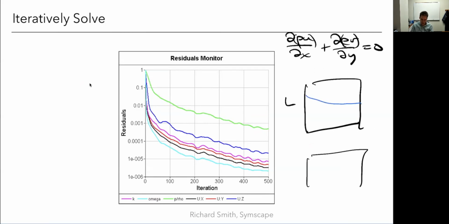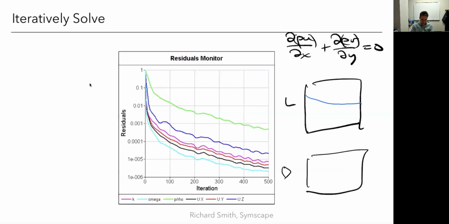Drag, if I care about that, I would plot that as well. If there's a pitching moment that I want, I would plot that and make sure that these are flattening out. And typically, lift is going to be much easier. It will converge much quicker. Drag, I may need to get a much finer mesh to resolve that, again, specifically for